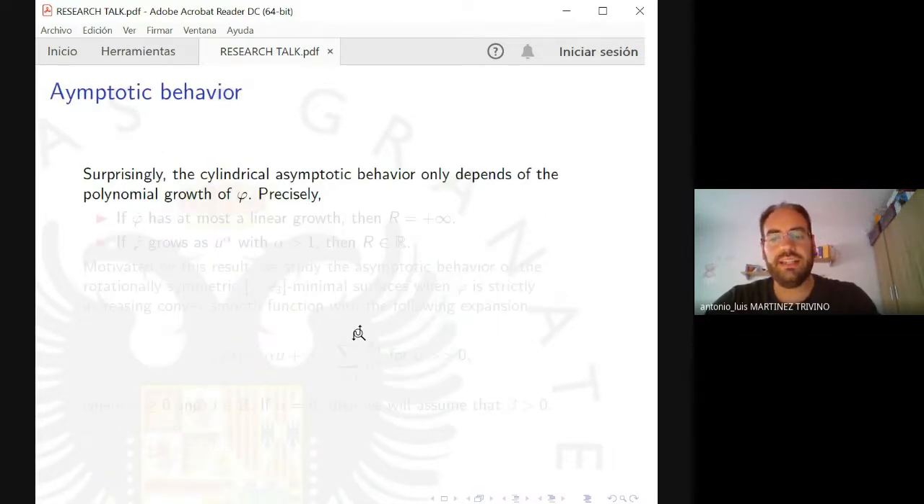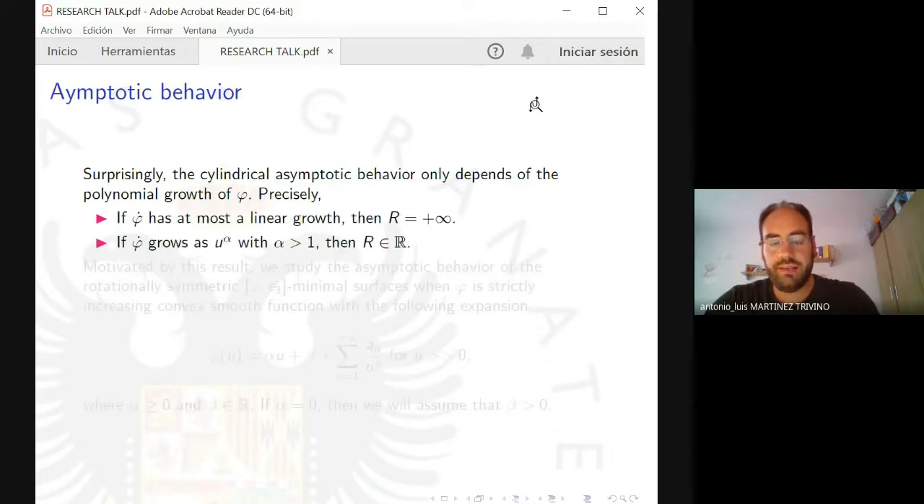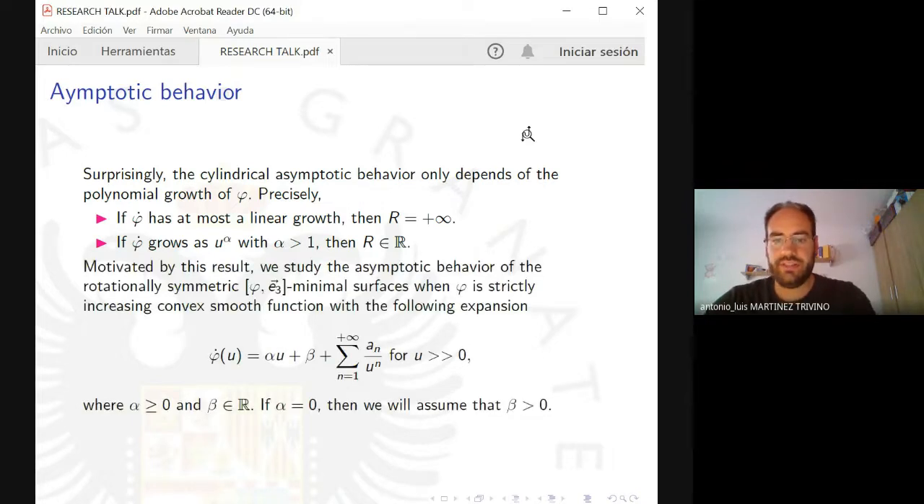Surprisingly, the cylindrical asymptotic behavior only depends on the polynomial growth of phi. Namely, these functions are not cylindrically bounded when phi has at most quadratic growth. On the other hand, these solutions are cylindrically bounded otherwise. Motivated by this result, we study the asymptotic behavior of rotationally symmetric examples when phi is a strictly increasing convex Morse function, like in the previous result, but we need to assume the following